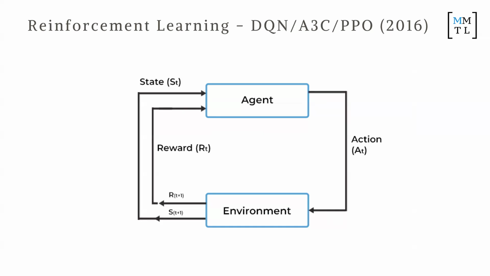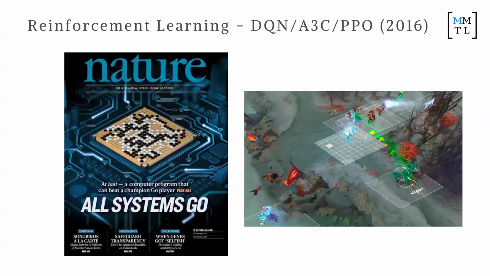For example, if you have a robot trying to do something like surgery, it does an action and it learns from its state a specific reward on whether it's actually achieving the surgical procedure. Does that make sense? So if you can define a goal and define what a reward signal is, then reinforcement learning is very powerful. This led to all sorts of interesting things in the AI world.